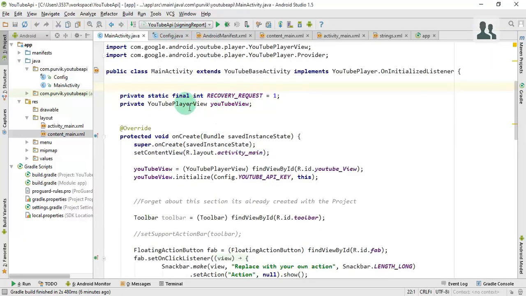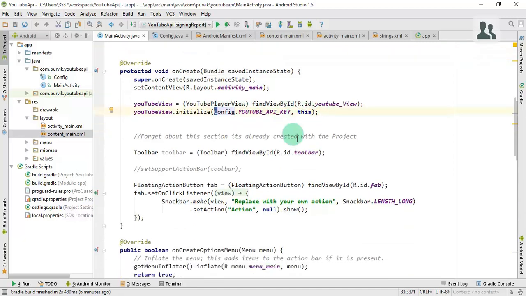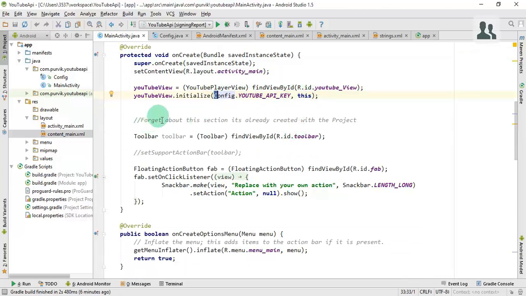The object of that is created here, and it is initialized with the YouTube API key that we have configured. So it is accessible with Config.YOUTUBE_API_KEY. This is how you can integrate the YouTube videos in your Android application.